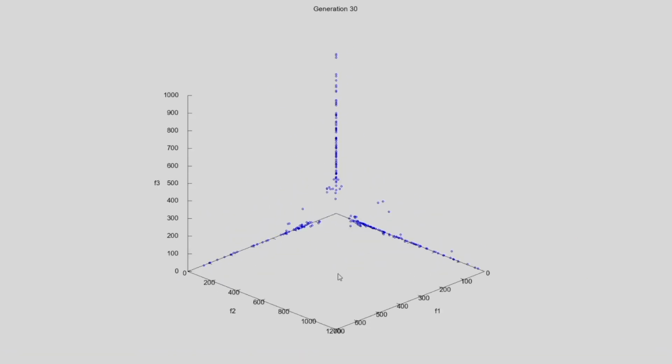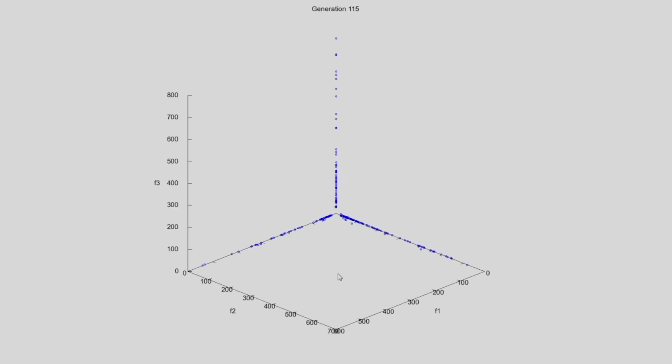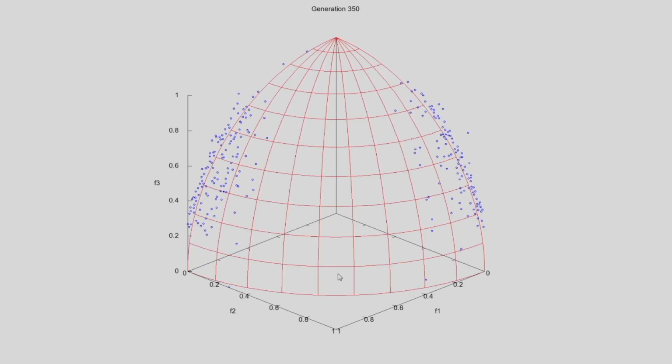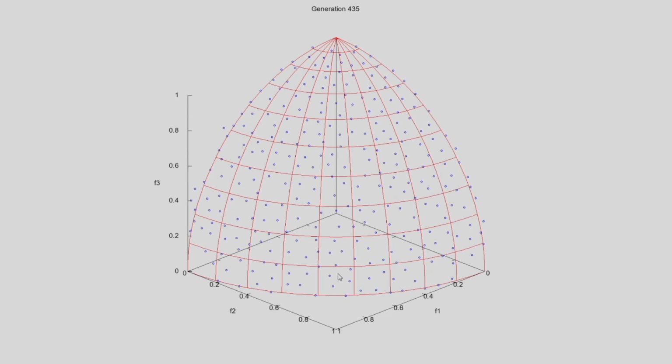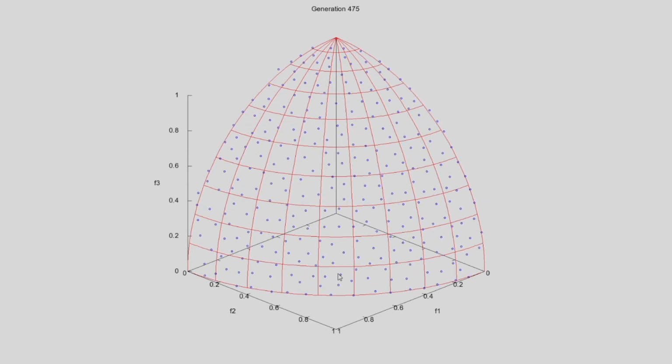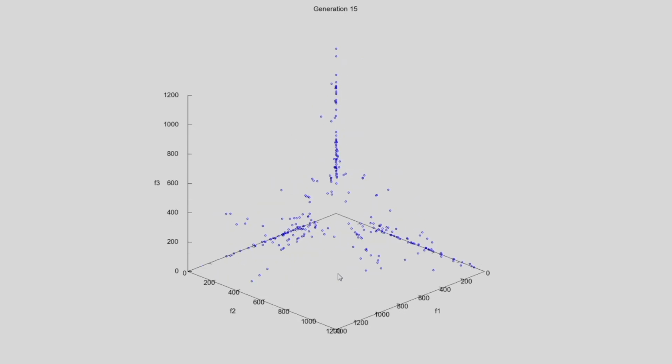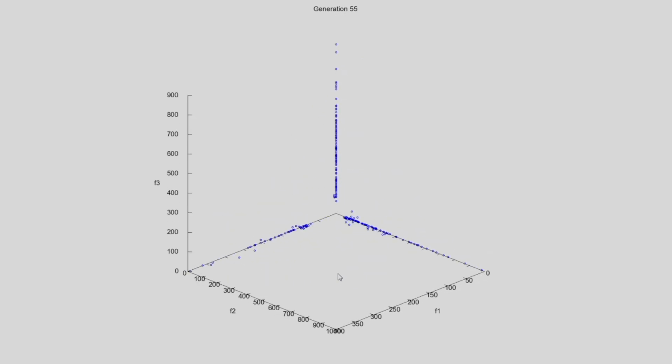We can see these solutions keep on improving and moving towards the Pareto surface, and after a few generations these solutions will be trying to converge on the Pareto surface. So, close to 360 generations, these solutions have now converged, and we can see that not only is there convergence, there is also good diversity among the solutions which have converged on the Pareto surface.